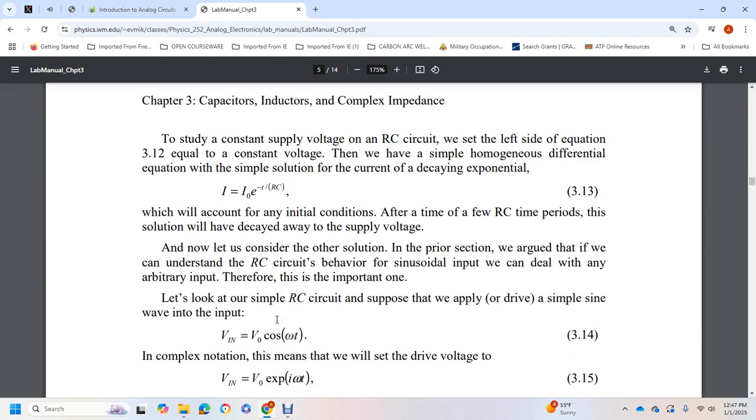In the prior section, we argued that we can understand the RC circuit behavior with a sinusoidal input. We can deal with any arbitrary input, but there is one important one. Let's look at the simple RC circuit, supposed to be driven with a simple sine wave,